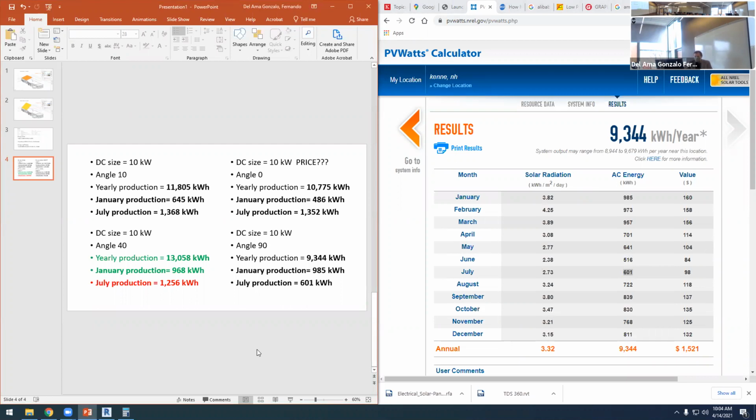So there is not a straightforward answer to that question. What is the right angle? No, because there are a lot of things, and eventually we have price, and price is important. Okay. This is what you have to do, and I want you to practice now with PV watts, and that's why we have the quiz. So I'm going to